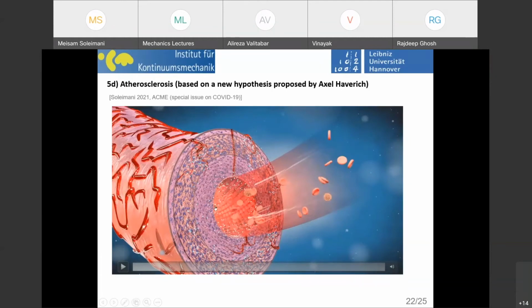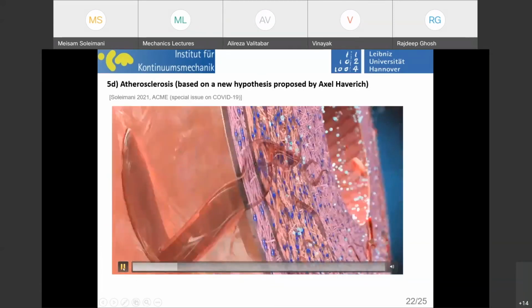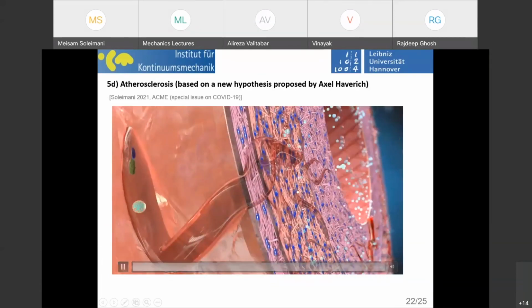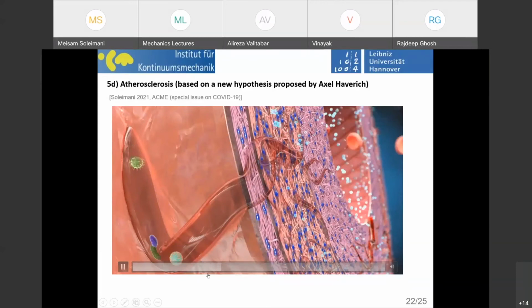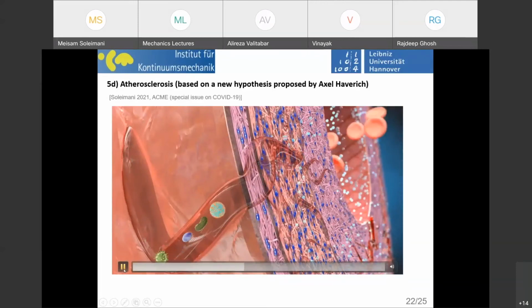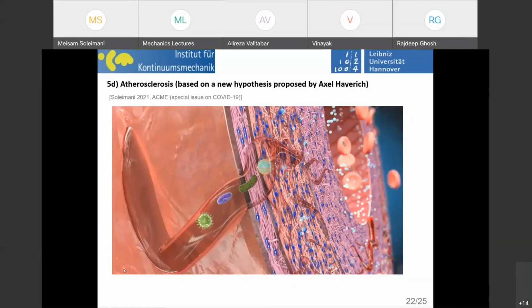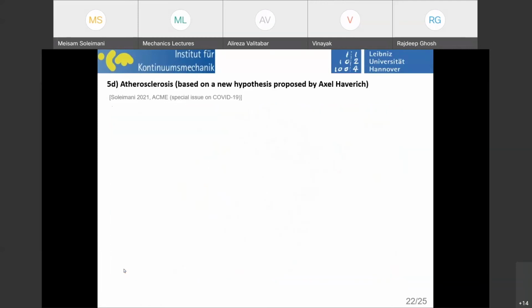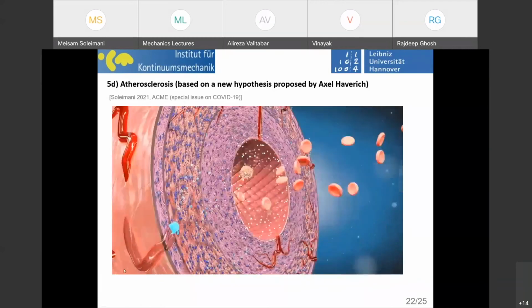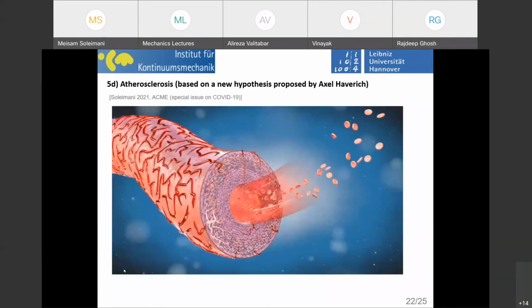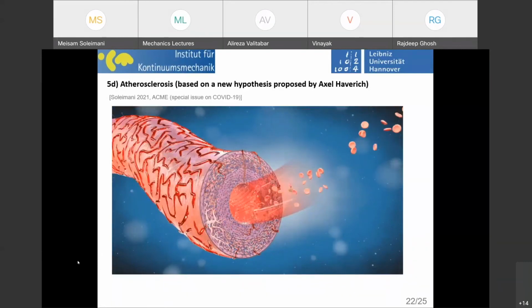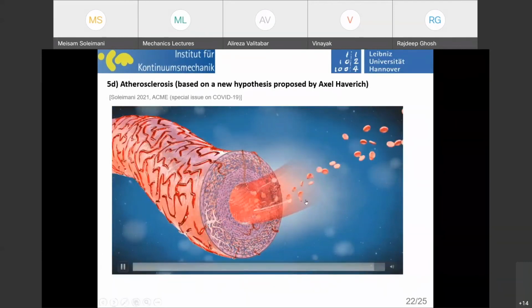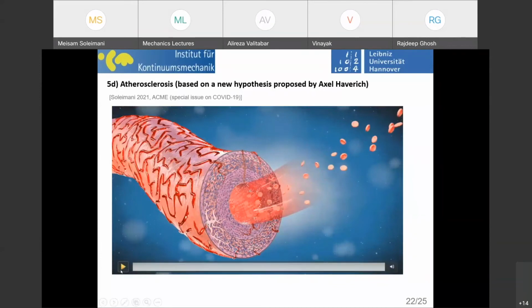That means that if you already developed some overgrowth within the inner layer of the wall, then of course it is susceptible to the accumulation of fatty materials and basically the calcification process. But the question is how it's triggered. You see that here